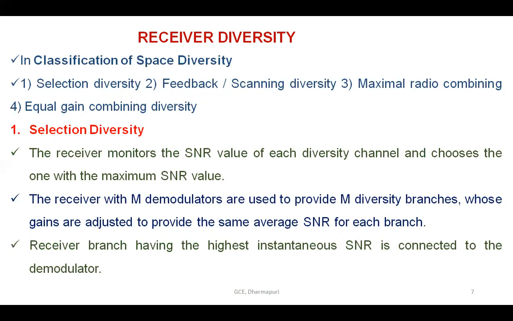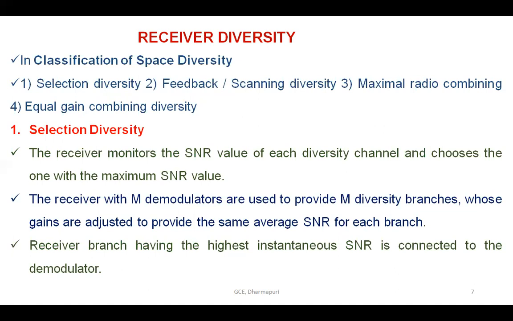Third one, maximal ratio combining, and the fourth one, equal gain combining diversity. We studied all four topics in detail. Now, the first one is selection diversity. The receiver monitors the signal to noise ratio value of each diversity channel and chooses the one with the maximum